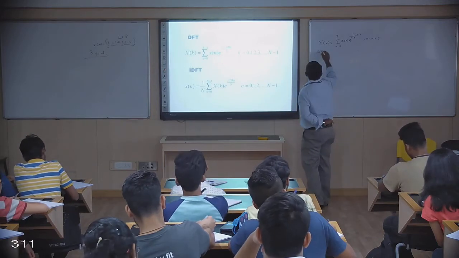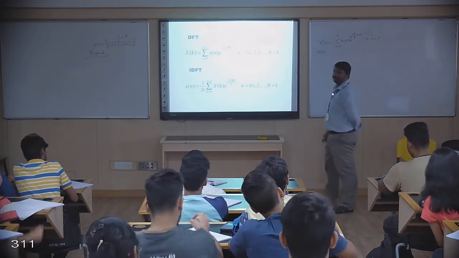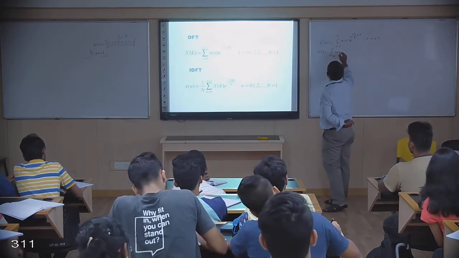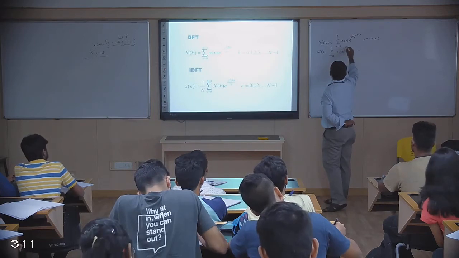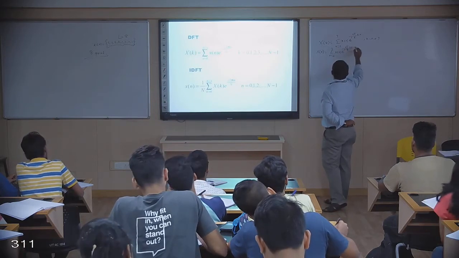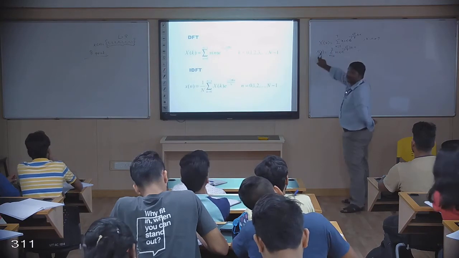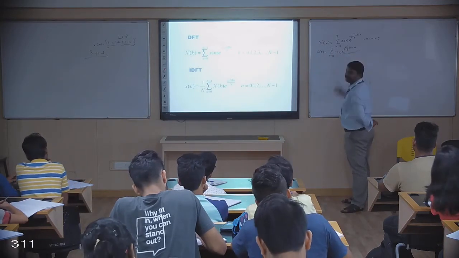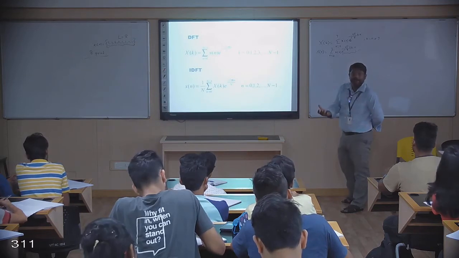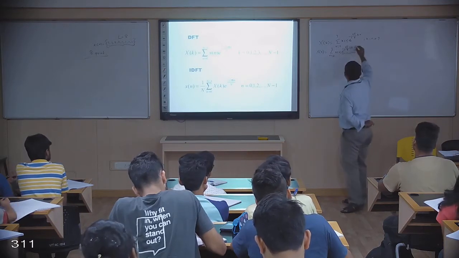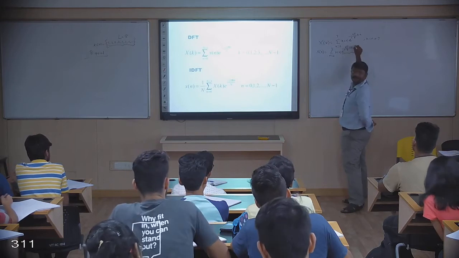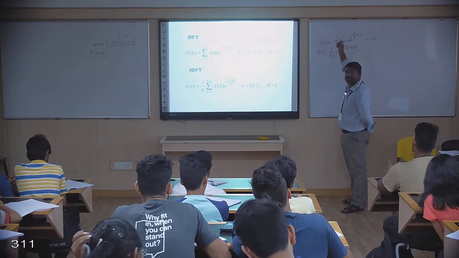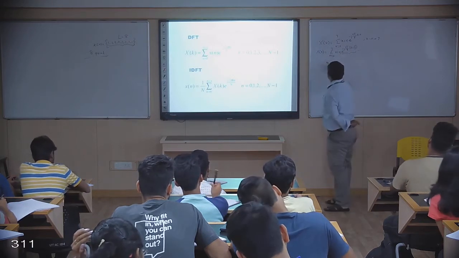Now X of 0 will be x of n e power minus j 2 pi by 8, 0 into n, because k is 0. So this exponential term is going to be 0, whatever the value of n, no matter what n is, it is always 0. So e power 0 is going to be 1. So x of 0 is